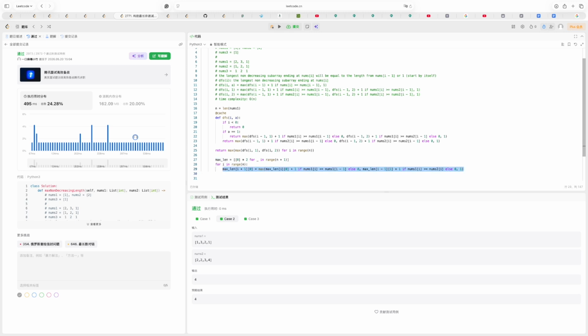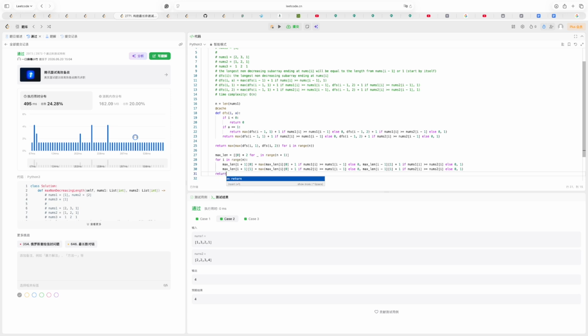And we can copy this and change it to the other situation, if we are now finding the value from nums 2. Then the current value is nums 2, and if the previous value is from nums 1, okay, nums 1 here. The previous value from nums 2 here. Okay. And we can return